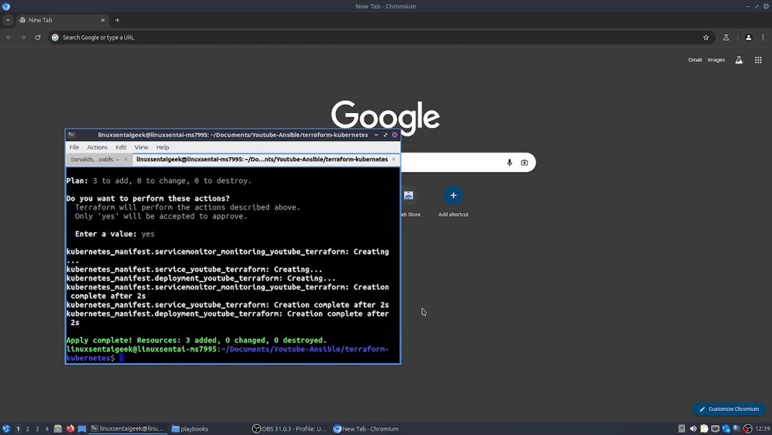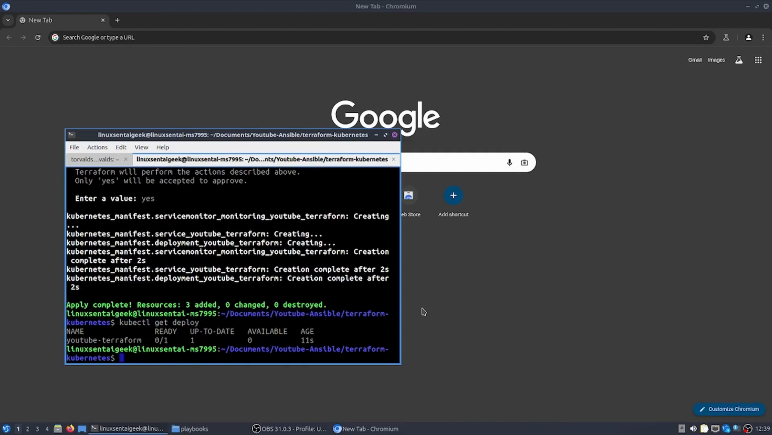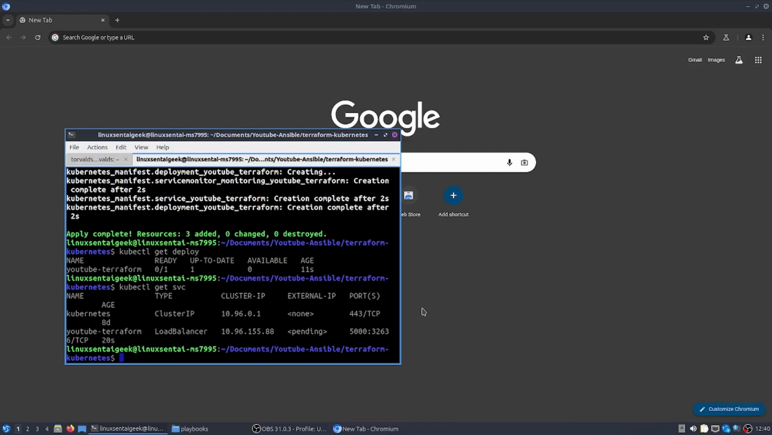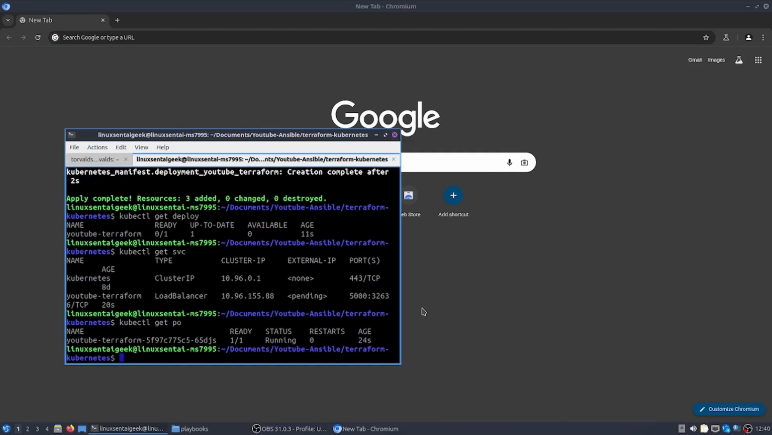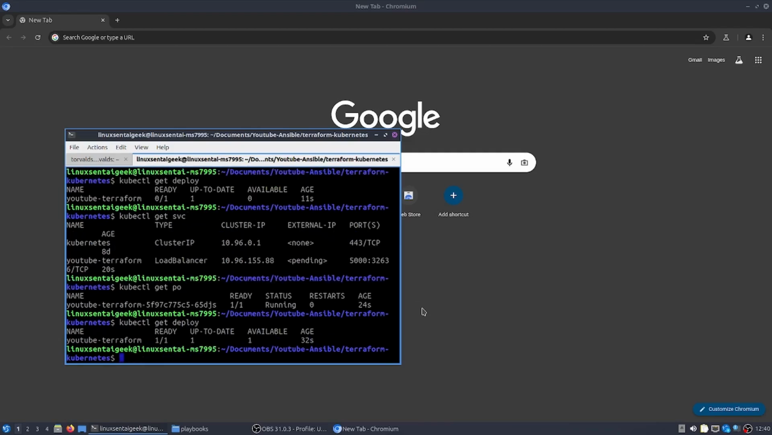Okay, so next thing we need to do is make sure everything works. So we'll go to kubectl get deploy just to make sure everything's working. Let's do kubectl get svc just to make sure. And let's make sure get po. Okay, so the deploy doesn't seem to be running. Okay, now it's running. So as you can see, it wasn't ready yet, but now it's ready to go. So the pod is running,